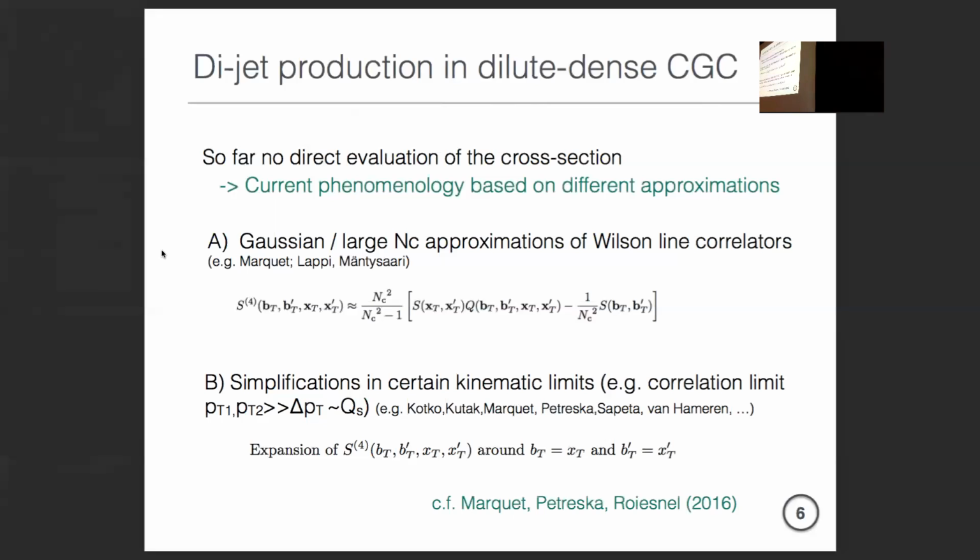So let me move on here. It's surprising, but numerically it was checked by Lappi, by Thomas, and we had an analytical proof with Edmond that if you have an operator with a non-trivial dilute limit, in the sense that it starts with a two-gluon exchange approximation, then you can approximate the quadrupole in terms of dipoles. Of course, it's a complicated formula, but you can do this. And then you have perfect agreement in the dilute region. It is exact at saturation, because at saturation you have only Gaussian. In the dilute limit, you have only one correlator which determines everything.